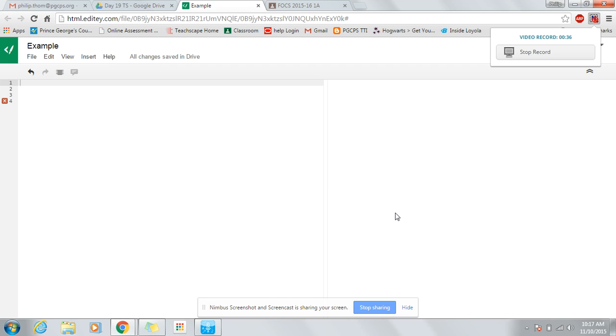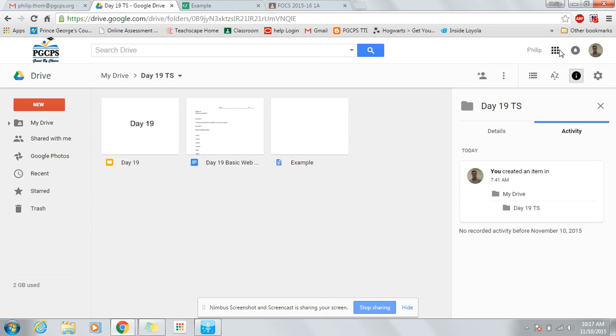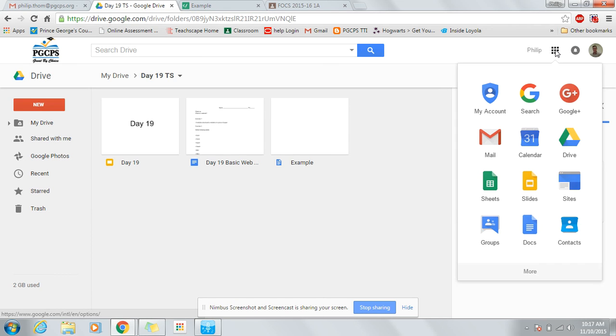First, before you open up this document that you should see on the screen here, the example of HTML editing, you need to first connect it to your Google account. How you do that is you get into your Drive. I already have mine open. How you get into your Drive is click this little waffle or nine-box looking thing, and the Drive is going to be